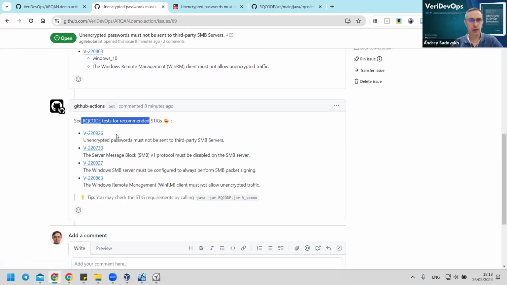And then with this particular system called ARQAN, we can automatically execute checks and enforce those rules in our target